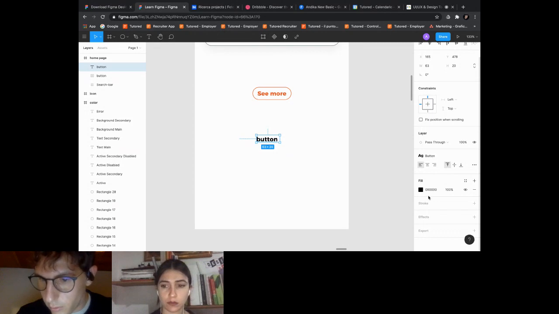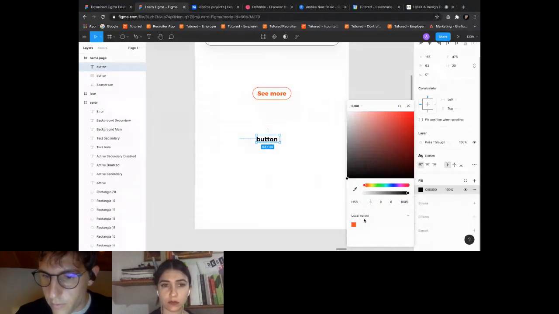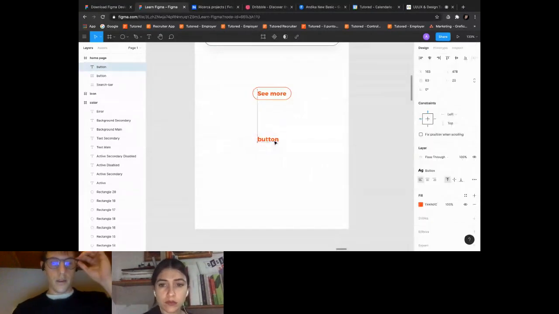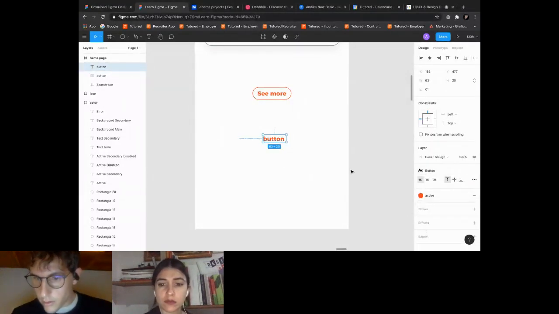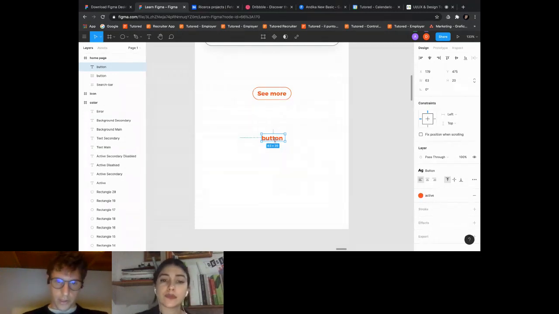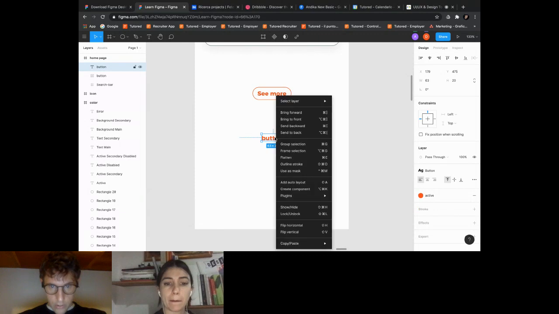So okay, now we are making the button with auto layout. Auto layout is a property you can add to frames and components. It lets you create designs that grow, fill, or shrink to fit, and reload when their contents change. I mean, so look, I will use the auto layout with this button.